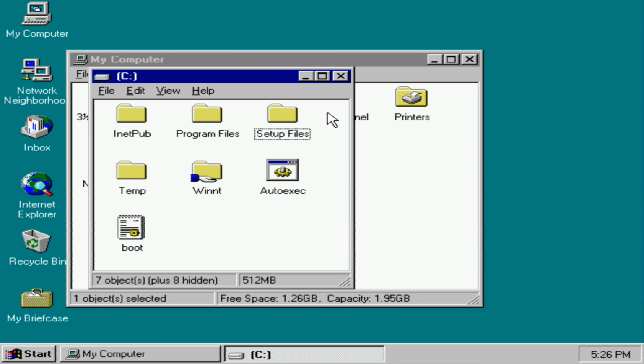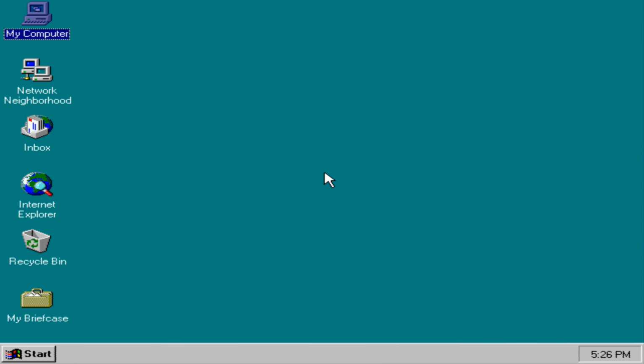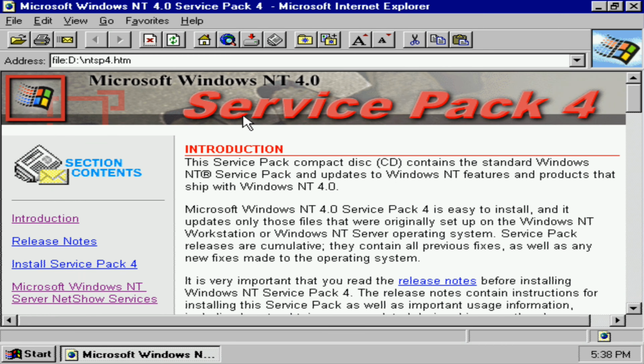Next thing I want to do is to install the Sound Blaster PCI 128, because I've changed it to the Sound Blaster PCI 128, and I'm going to test it out that way to see if it works. Now, this next tutorial will show you how you can install Windows NT Service Pack 4. Click Install, click Open,